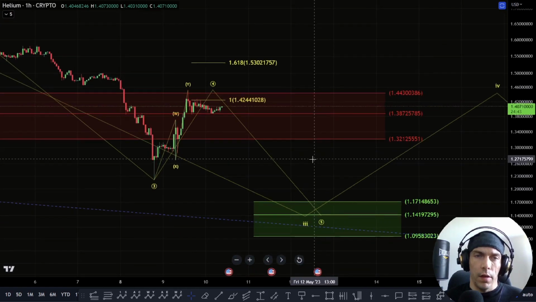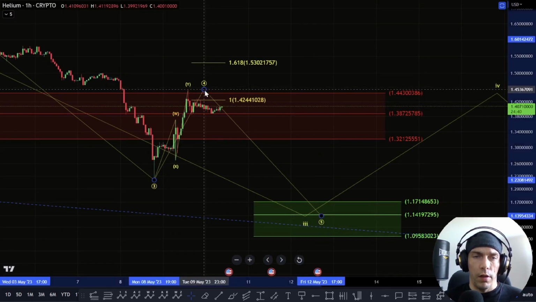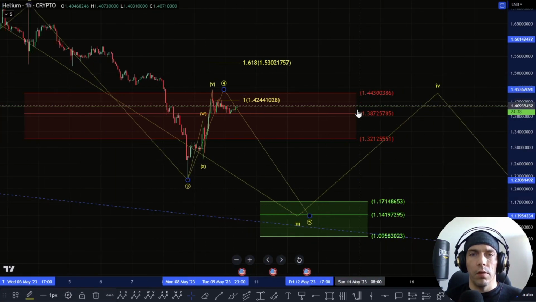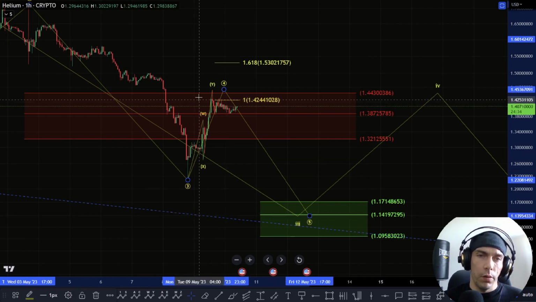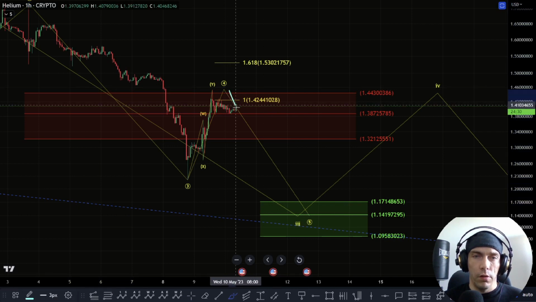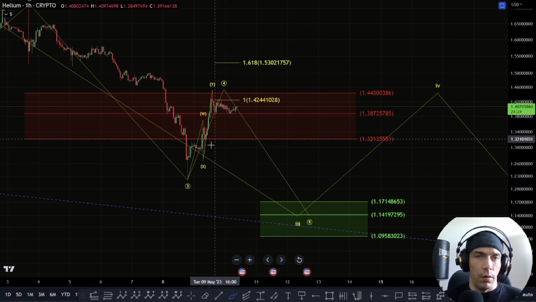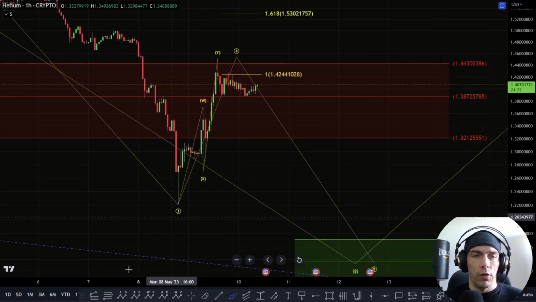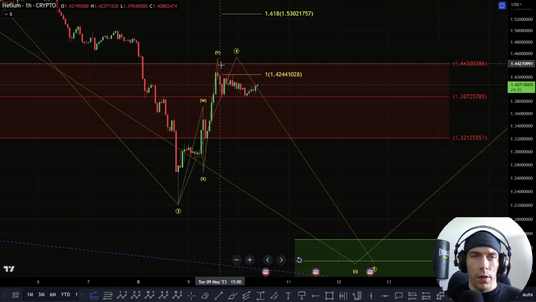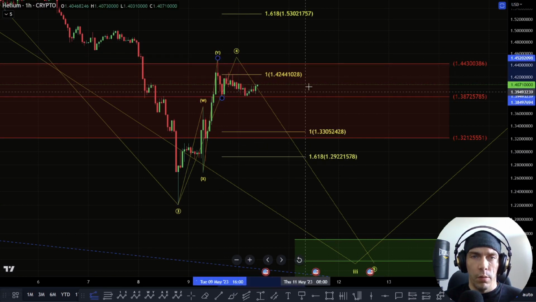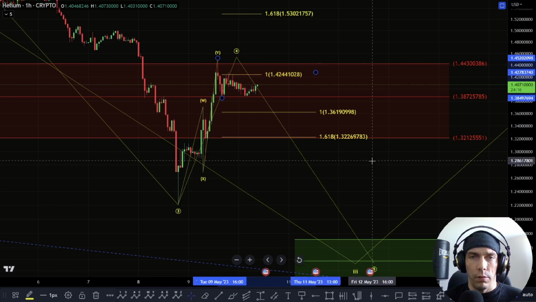What I'd want to see here is actually to see this move reject from this zone, because we've already come up to this 50%, which is sitting here at this $1.44. If we are looking for this to actually reject down, what we would want to see is a 5-wave sequence starting to develop here, where this becomes 1, 2, 3, 4, and then fifth wave to the downside. Now, at the moment, we don't have a lot of structure to work with. If we fail to actually move back above this high, what we could see is a move starting to develop,